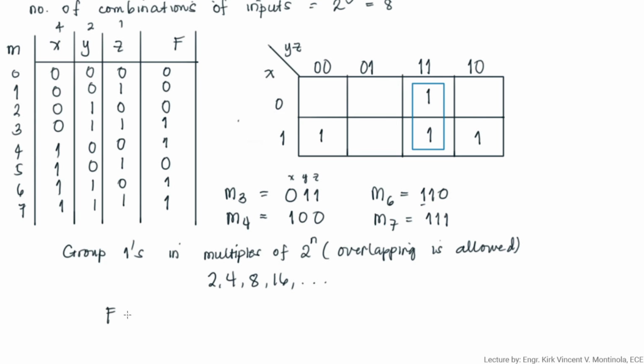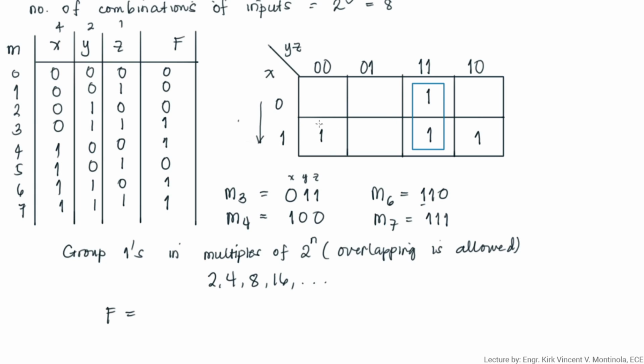We know that this one, mapansin nyo class, anong input variable X, Y, Z ang hindi nagbago kung nilolocate natin yung groupings ng 1. We know that this rectangle or this grouping traverses from 0 to 1 of X. Okay? It means class, ang ating output is the same kahit magbago ang X natin. It means that ang ating output class sa ganitong groupings is independent of X because it's still 1 regardless kung nag-change siya ng state. So, wala tayong X.